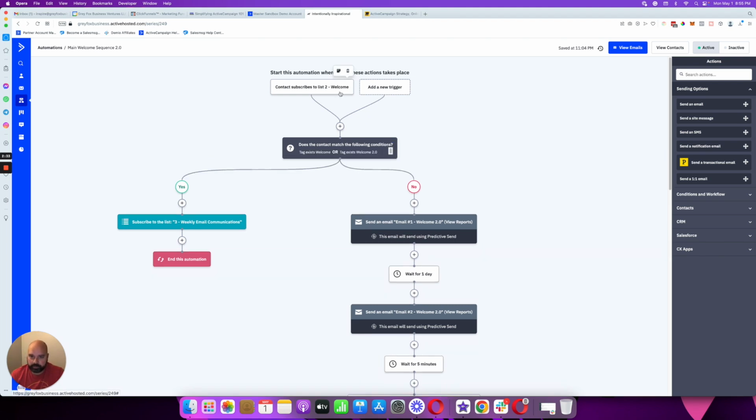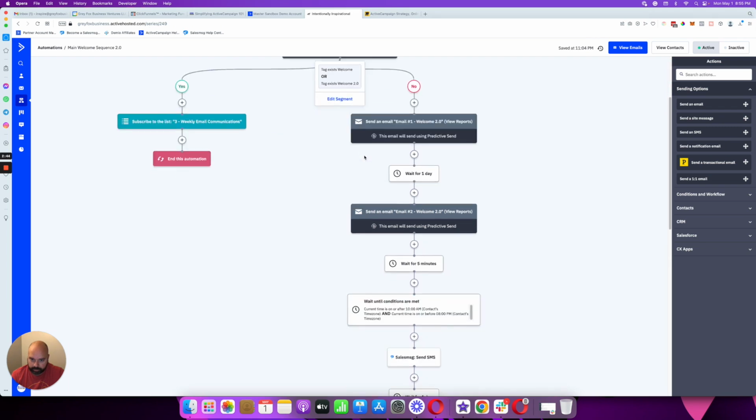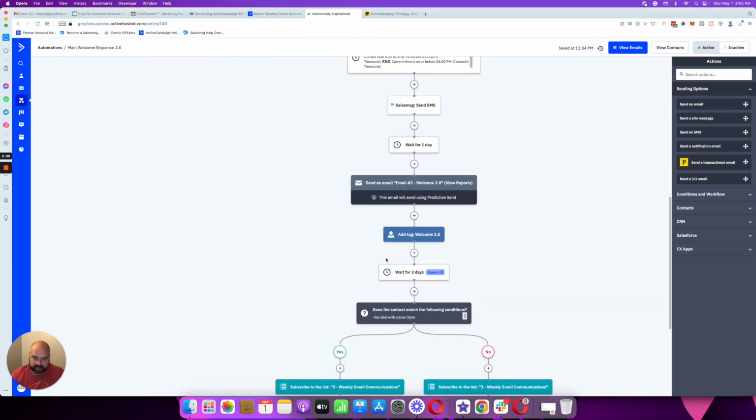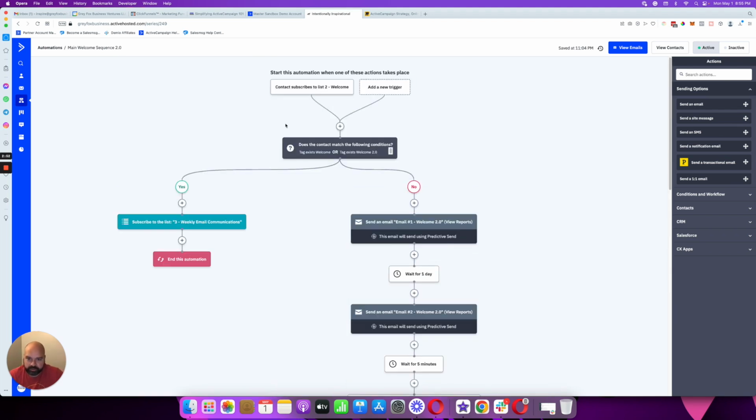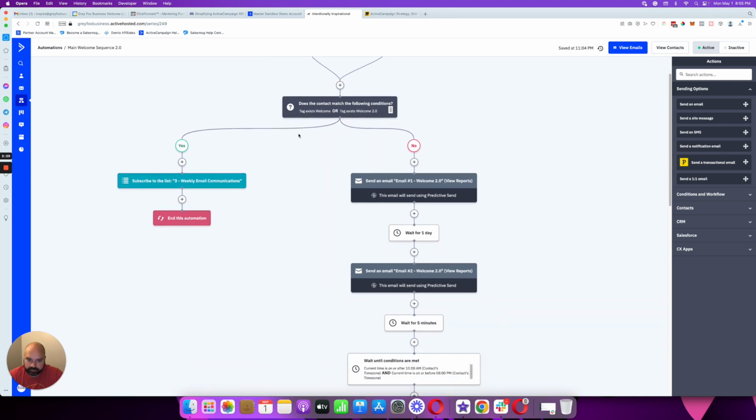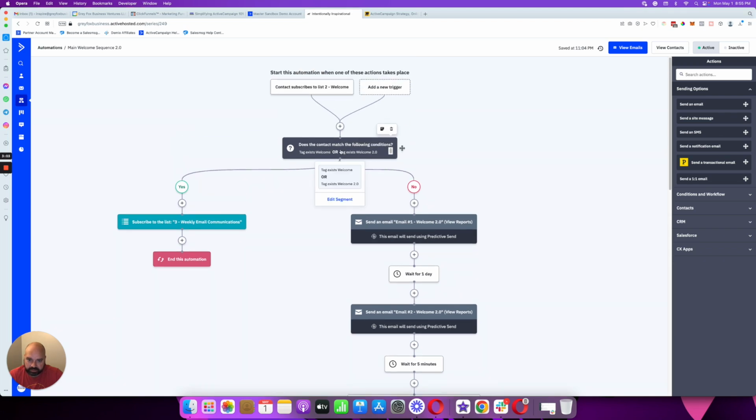When people flow into the welcome series list in my account, it will come down here and say, does the tag exist, welcome or welcome 2.0? At the end of this, I just add a tag so that I know they've been all the way through it. My old welcome series had welcome and the new one has welcome 2.0. So if they've already been here or been in the old one, they kick over to the weekly and they leave. If not, the automation, just based on this little bit of conditional logic, knows they've never been through all